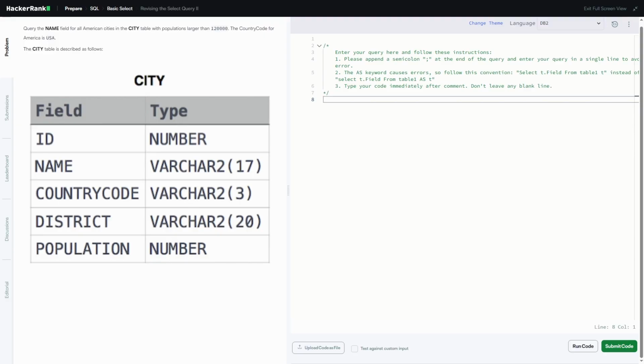This problem is pretty similar to Revising the Select Query 1, so if you haven't seen that video, the link will be in the description. The problem is asking us to query the name field for all American cities in the city table with populations larger than 120,000. It tells us that the country code for America is USA, and it gives us the city